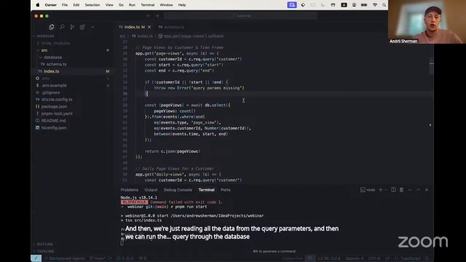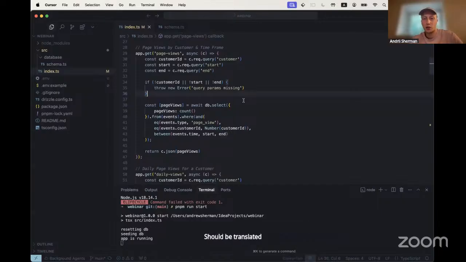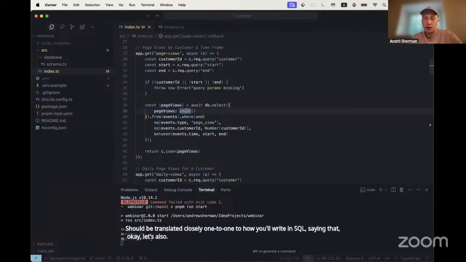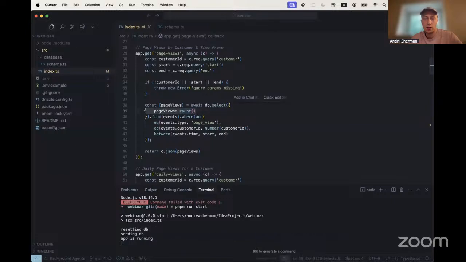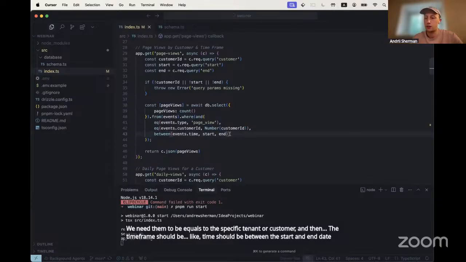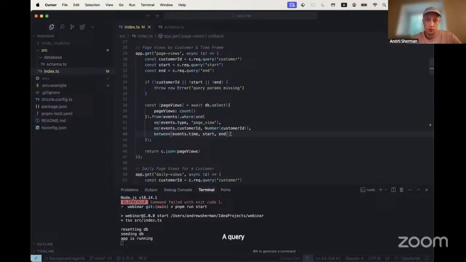It also should be translated closely one-to-one to how you'd write in SQL, saying that, okay, let's count the page views for events, but we need them to be equal to page views. We need them to be equal to the specific tenant or customer, and then the time should be between the start and end date that the user defined in the query he's doing to the backend.